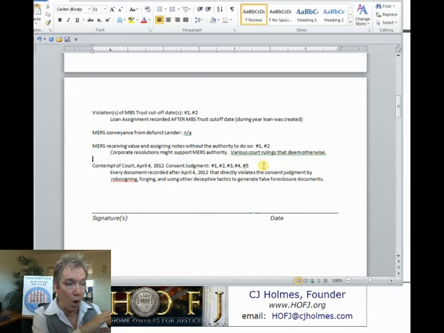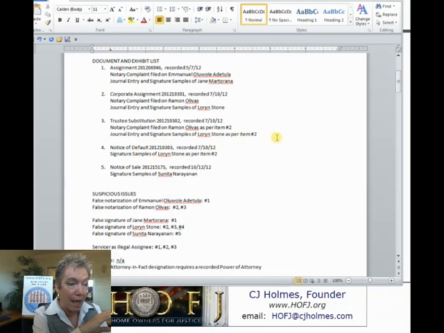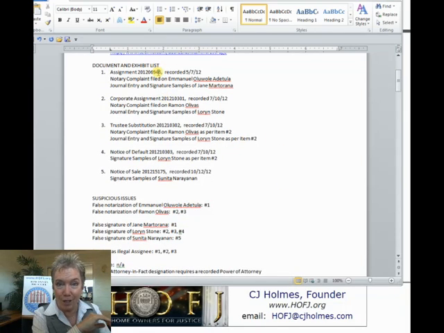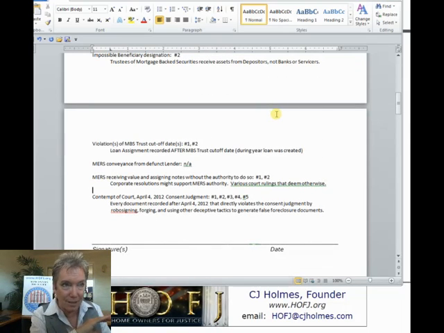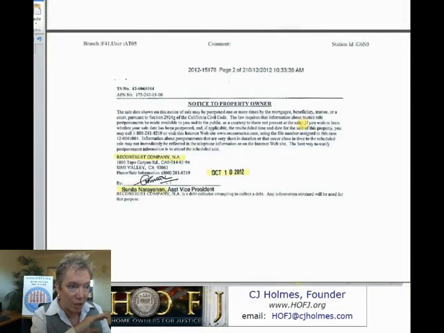So every last one that's included on this list, and they're all based on this fraudulent forged assignment in the first place, then this is the point. This is on a servicer as an illegal assignee. Therefore, everything else just collapses. So that's what I've got to date, and these are the sample documents.